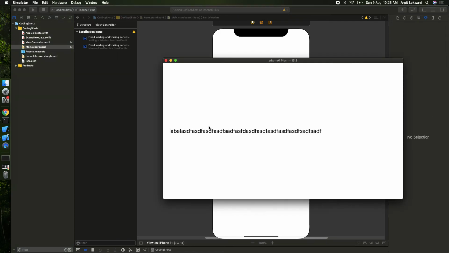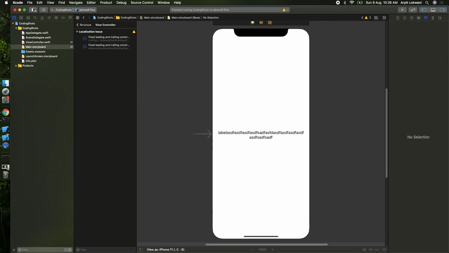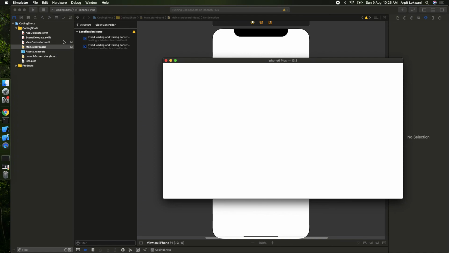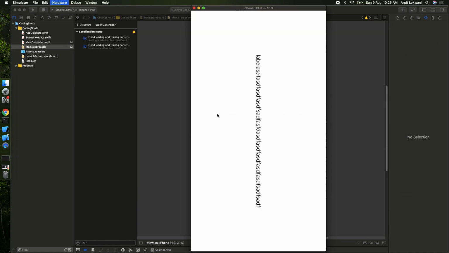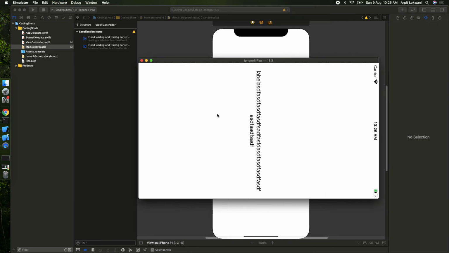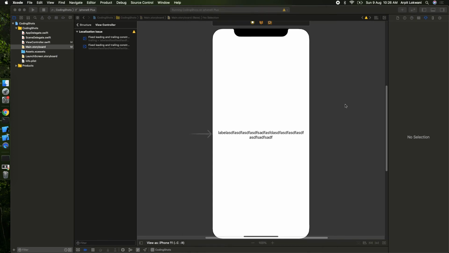Before that, we can check it out in landscape mode as well. Although it is in the center only, the look and feel was not there. So now it should come. Looks fine. I hope you guys understood the basic concept of a dynamic UILabel and all the constraints which you are using.